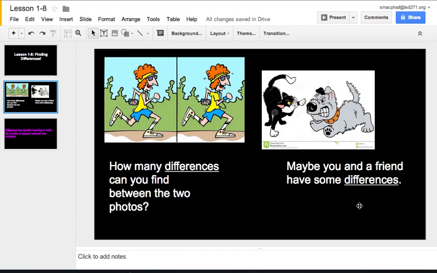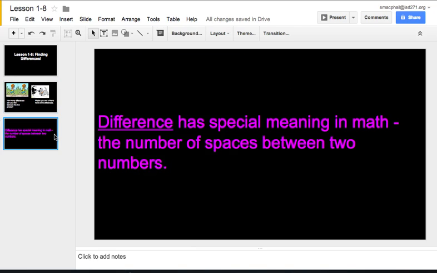On the right-hand side, maybe you and a friend have some differences or things that you differ about, so maybe sometimes you argue about that. Hopefully you're able to talk about them. But these are just some examples of things that we use the word differences for outside of math. But in math class, difference has a very special meaning. It means the number of spaces between two numbers. So we're going to do some practice today using your number charts